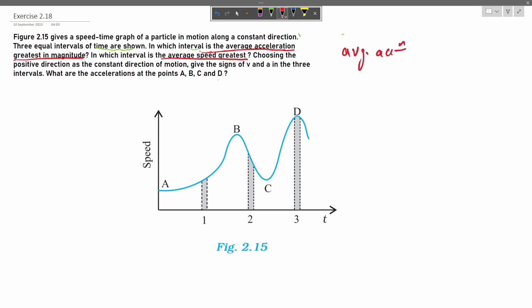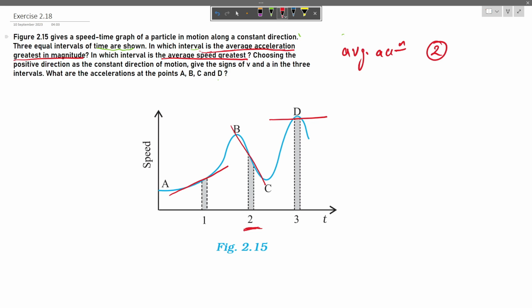in a speed time graph can be found out by finding the slope in the three intervals, the average slope. So the slope at interval 1 is going to be something like this, interval 2 is like this, interval 3 is like this. As far as the magnitude is considered, interval 2 has the greatest slope, that's why the greatest magnitude of acceleration. So in the second interval, the acceleration is greatest,